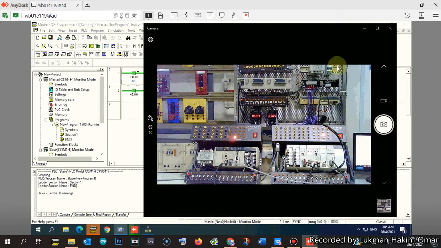You can, for example, segregate the process. Let's say the question of the mini project has 3 processes. So maybe you can put process number 1 in the master PLC, process number 2 in the slave PLC, and process number 3 in the RTU, using DeviceNet.